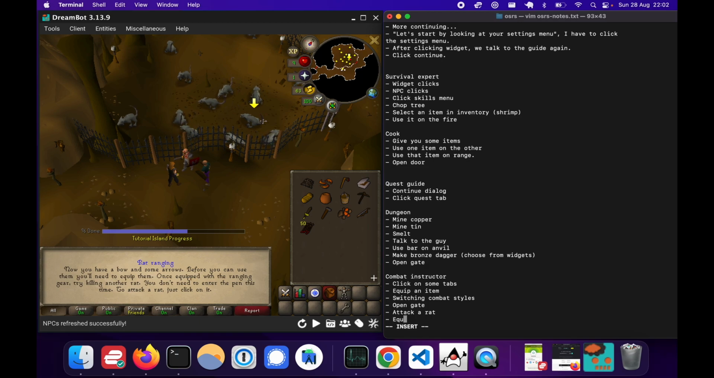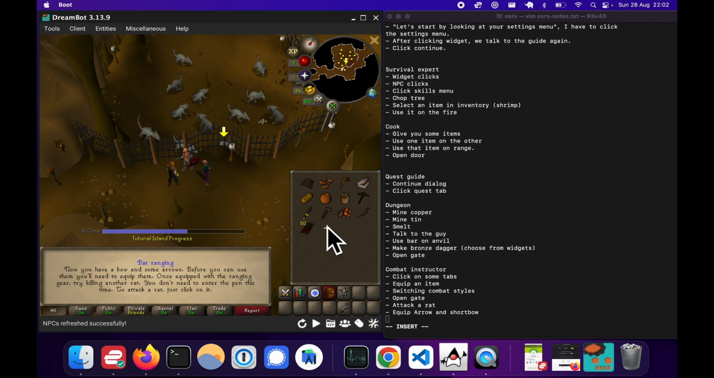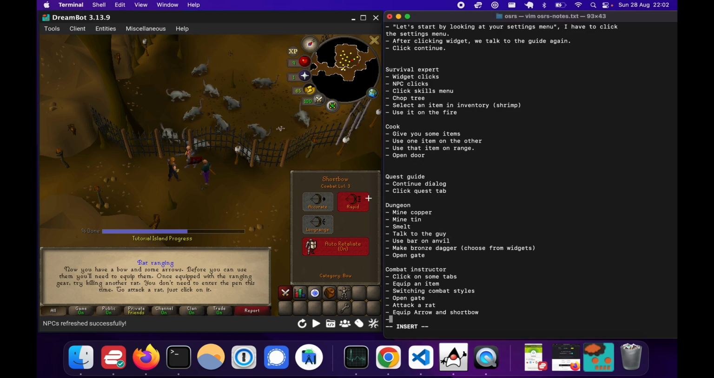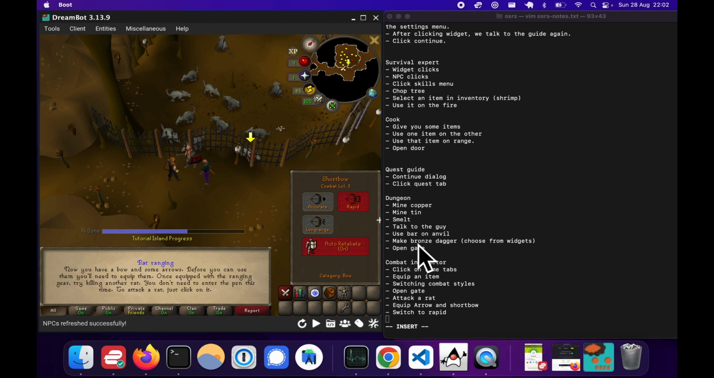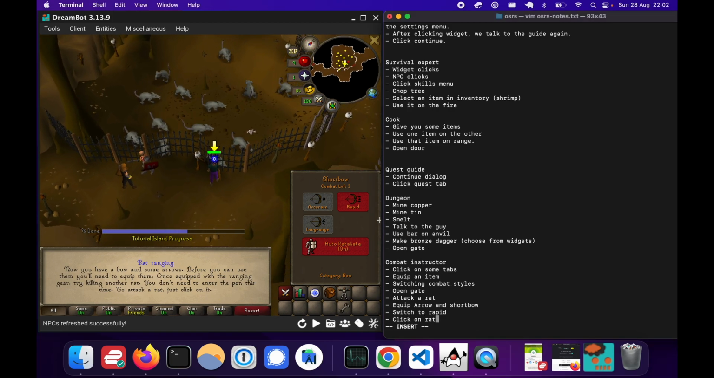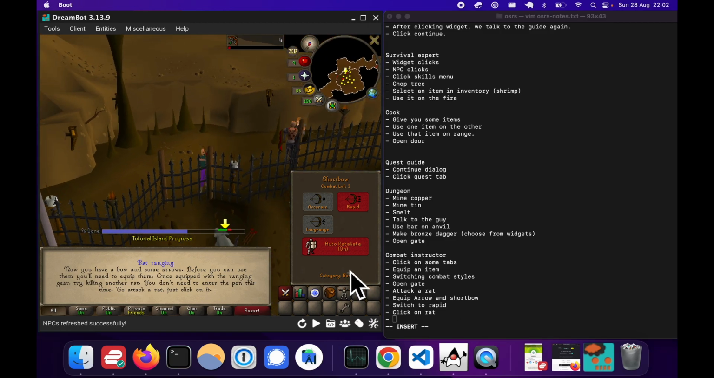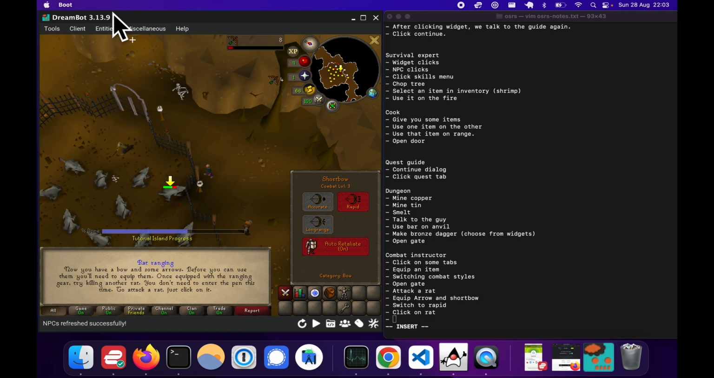Okay, so now we're gonna equip arrow and short bow. Okay, and then we're gonna switch to rapid maybe. And then click on rat. And then, yeah, we'll see. It's actually a really good platform. So, pretty straightforward if we look at, again,